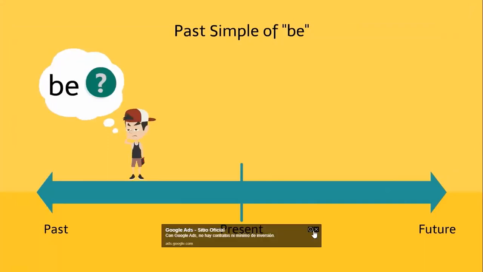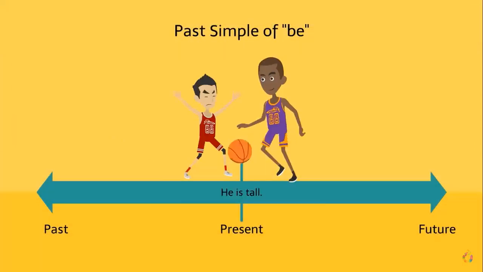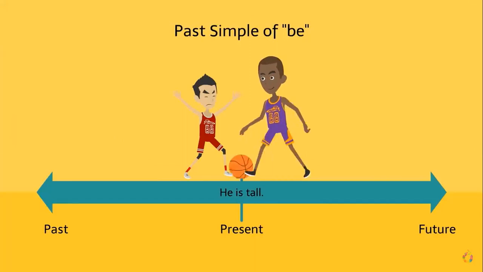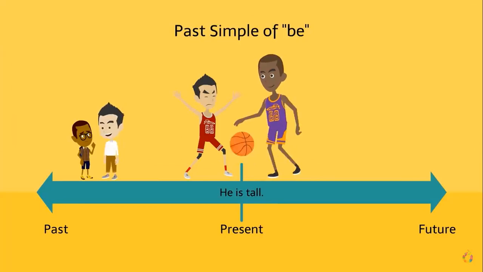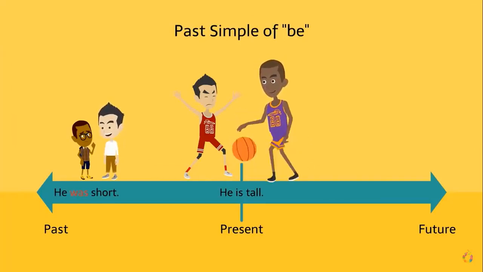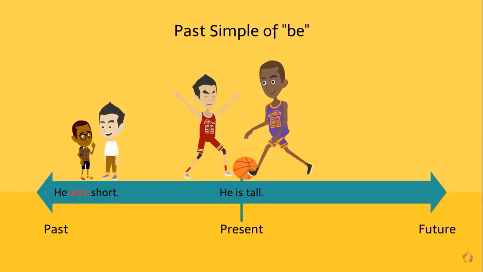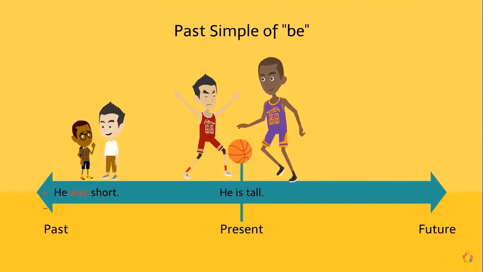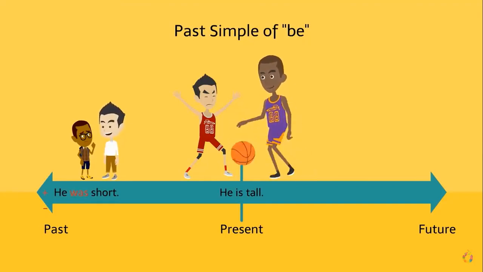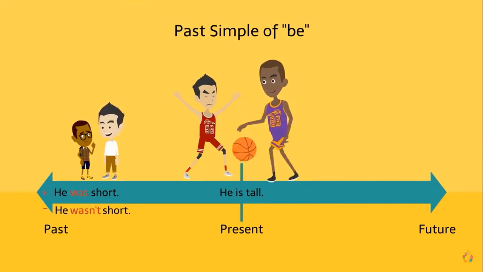Okay, and here we have the simple past, or the past simple, of the verb be. In this case, you already know that it is was and were, was for singular and were for plural. Was is for singular subject pronouns or nouns, and were is for plural subject pronouns and nouns. Okay, so here we have another grammar explanation about the usages of the verb be in the past simple form, also in affirmative, negative, and interrogative form.